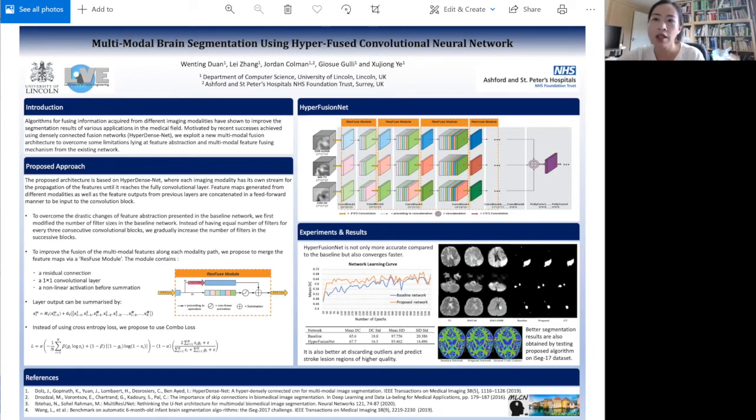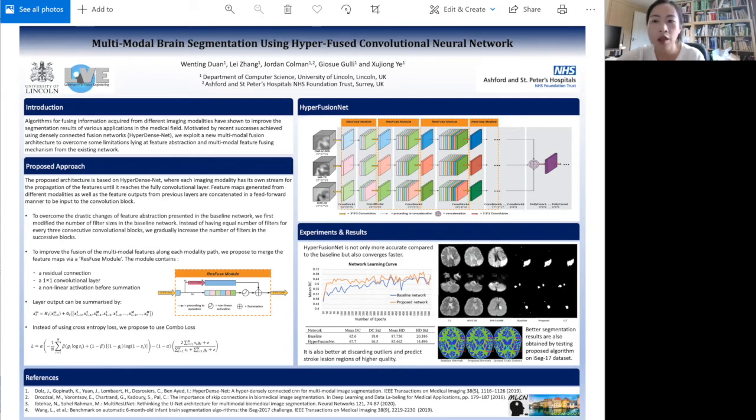Motivated by the recent success achieved using densely connected fusion networks, we exploit a new multimodal fusion architecture to overcome some limitations that we identified in feature abstraction and the multimodal feature fusion mechanism of existing networks. The proposed architecture is called HyperFusion-Net. It features a gradual increase of filter numbers in the successive CNN blocks, a so-called Race Fuse module to improve the fusion of multimodal features along each modality path, and uses combo loss to benefit from both Dice loss and